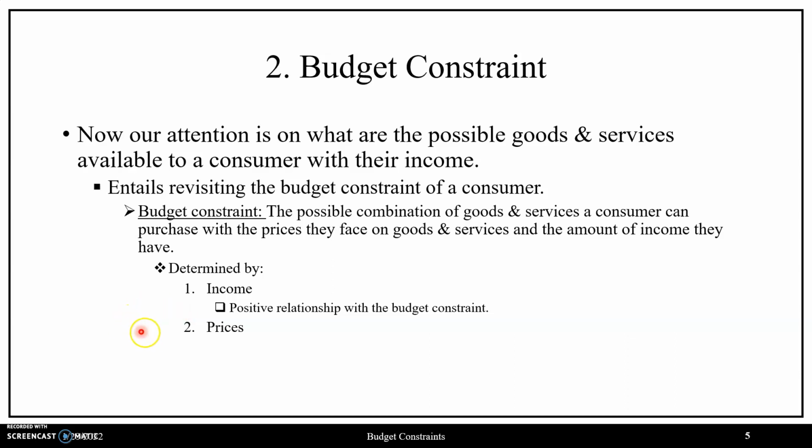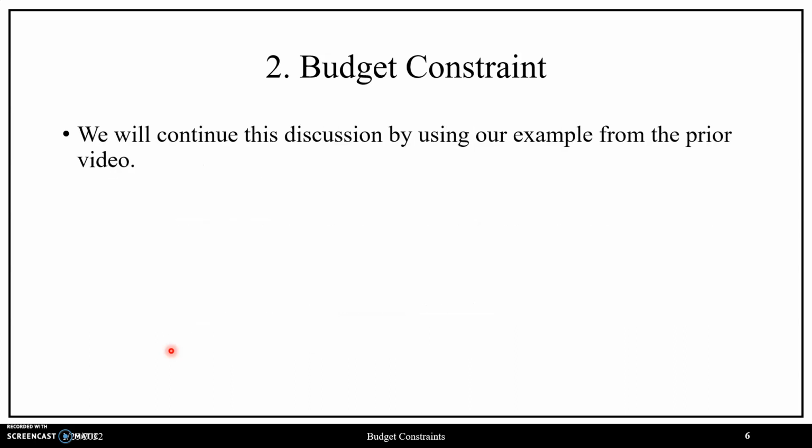In terms of our second determinant, we have prices, which have an inverse relationship with the budget constraint, in that if the prices on goods and services increase, then the options available to our consumer will decrease as a result. So then, to continue this discussion on budget constraints, we'll continue using our example from the prior